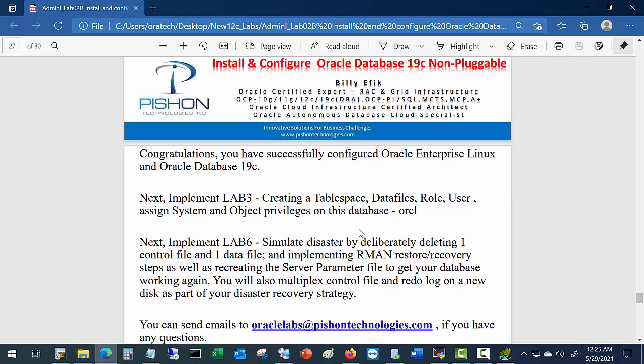We have lab 4A, backup of database. We're going to back up the database using the command line. Then in lab 4B, we will back up the database using Enterprise Manager Cloud Control. Then in Lab 5 series, we will use Data Pump to move data from one database to the other, including using the advanced features of Data Pump, parallel, and the ability to use the where clause to filter